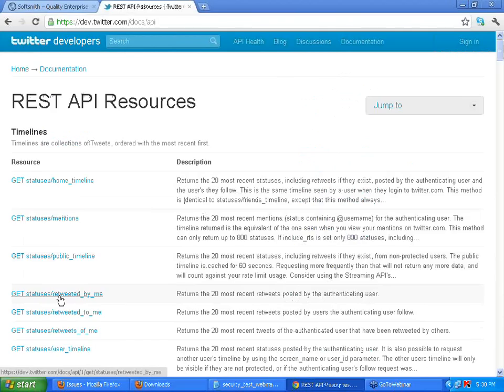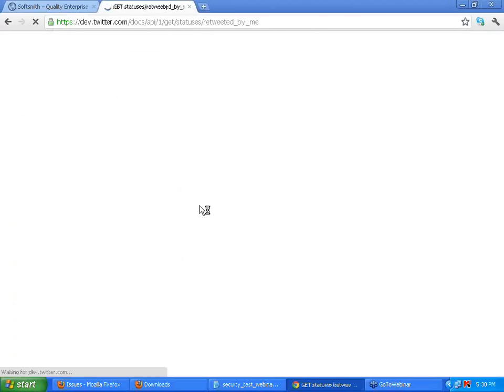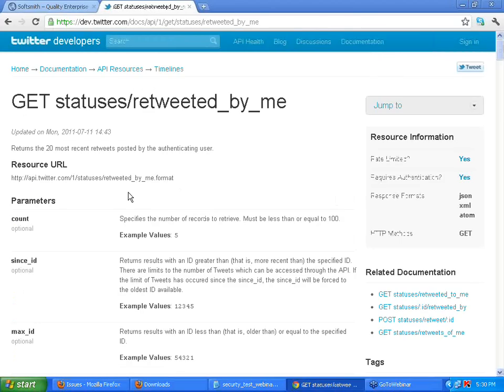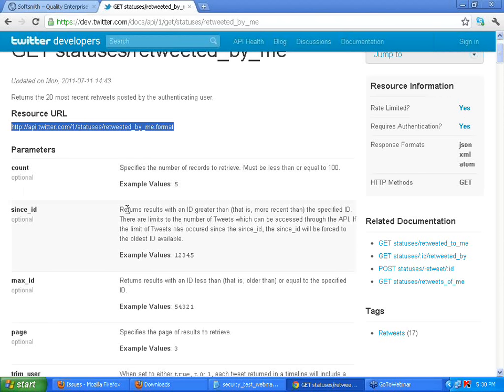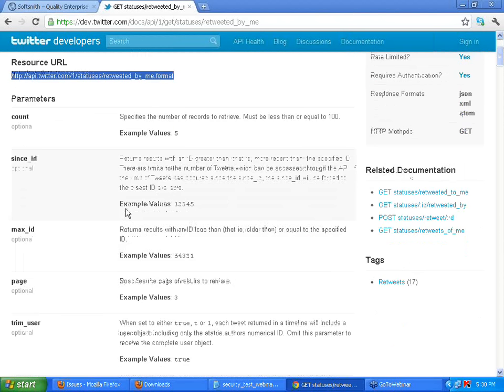Now I'm just clicking on this. This is one API exposed by Twitter, right? This is the URL you need to call. If you call this URL with some data, it is going to return you some data.